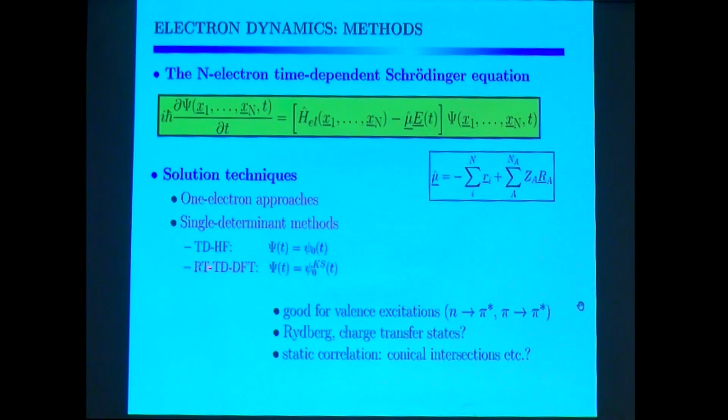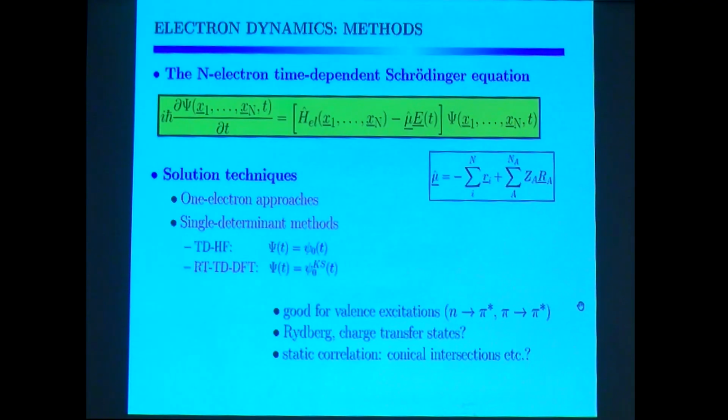Real-time time-dependent DFT is a great method, of course, but also has some disadvantages, the usual ones. So if you have, for instance, charge transfer excitations, that usually works not so well with the current functionals available. If you want to treat photochemistry or if you are close to conical intersections, for example, you may have problems. But they do work well for the standard valence excitations n pi star, pi star of an organic molecule, for